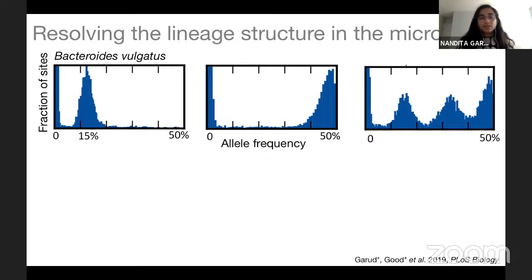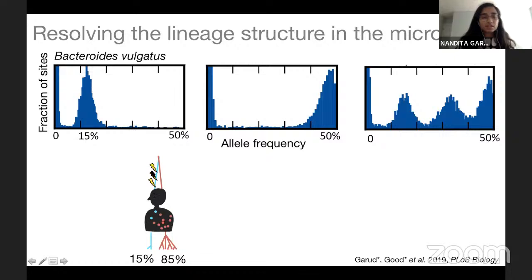strains. So what I'm doing now is I'm actually going to plot the distribution of allele frequencies for different hosts for the common bacterial species, Bacteroides vulgatus. And what I'm plotting on the x-axis are allele frequencies from 0 to 50%. And on the y-axis are the fraction of sites with that allele frequency. And what we see right off the bat is that there's a lot of variation across hosts. You can see that there are these modes that occur at different frequencies. So what is actually generating these figures? So let's take a look at this very first person. And you see that there's a mode at 15%.